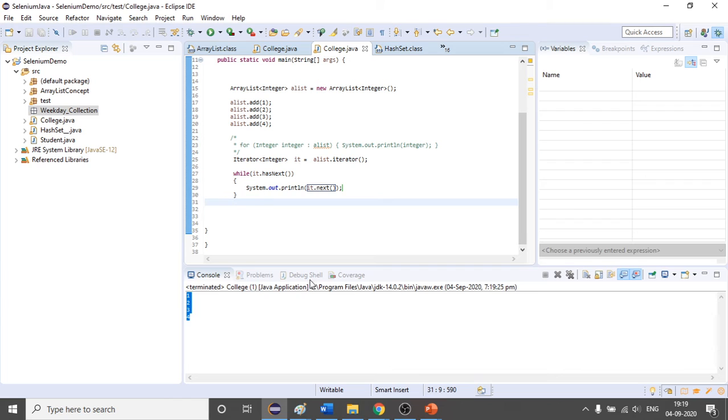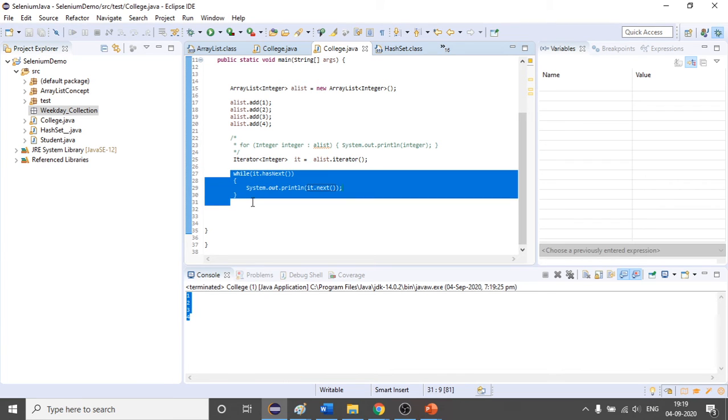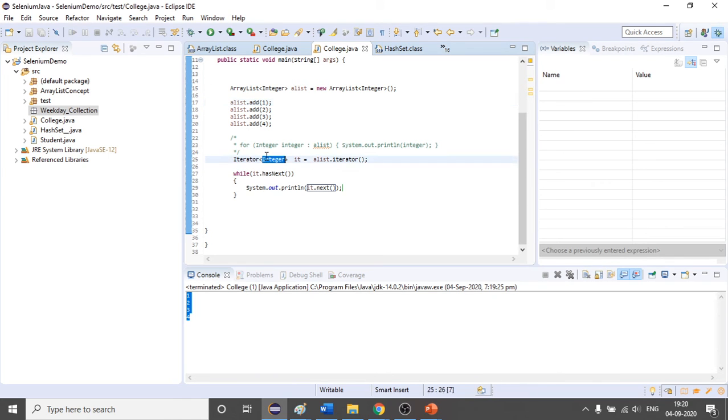Should I explain it again, how this is working, how it is printing? Anyone? A mix of data, in the sense you are saying that you have to write integer here, string here.